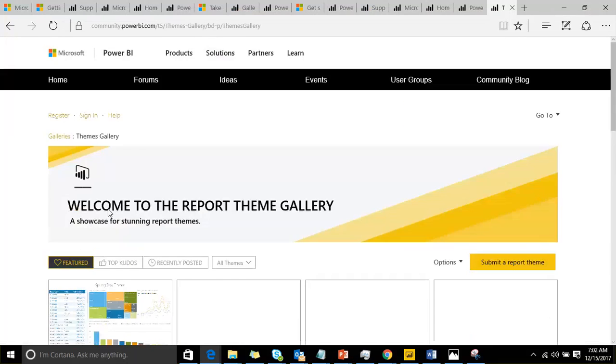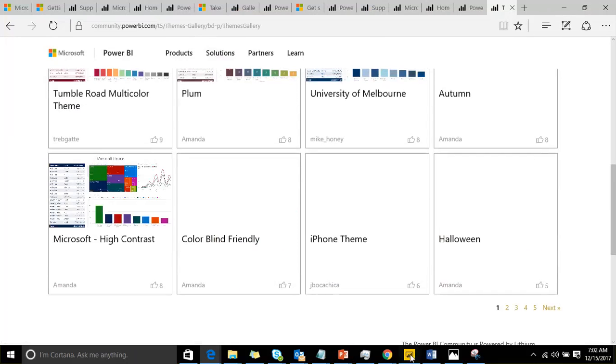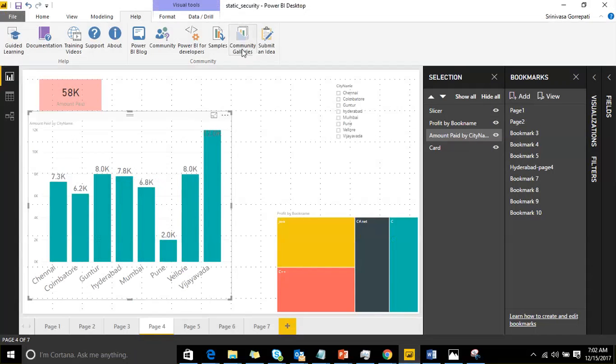Theme gallery, so from here you can access the resources available there, like galleries, samples. Let's assume I want to work with live data, or I require sample data. Whatever sales data you are giving, that is limited.